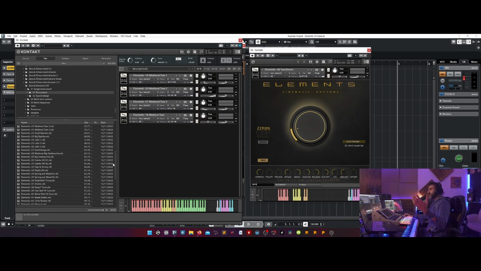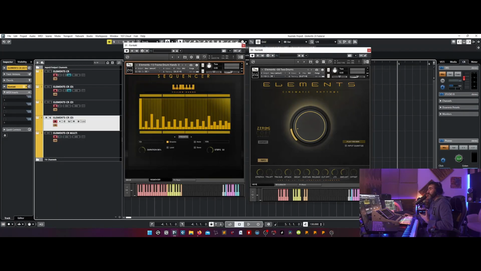There are a lot of instruments, a combo hit, a plastic percussion, a metal percussion, the taikos. So it's cool when you start from the single instrument and you can create your setup, your session. And this is, in my opinion, also a right way to use this library.